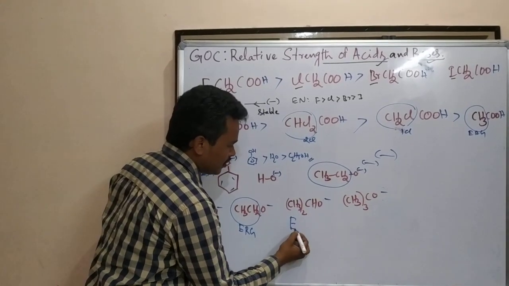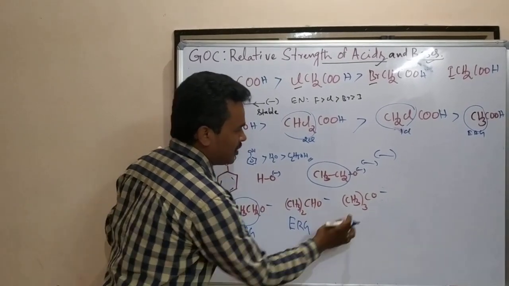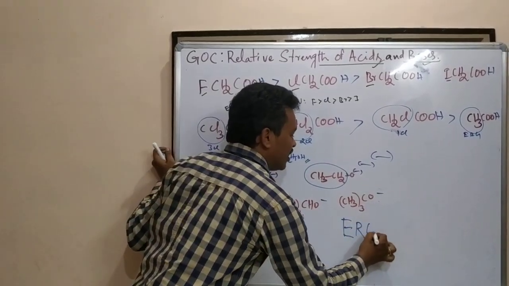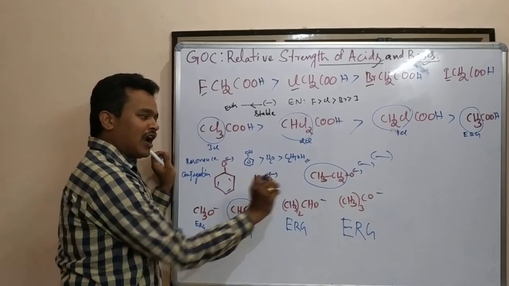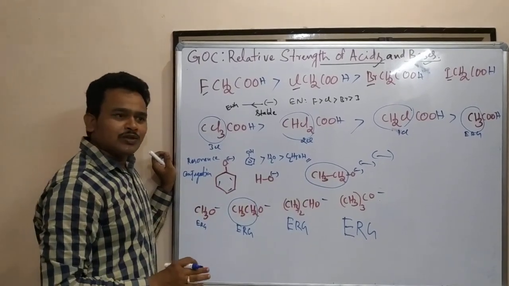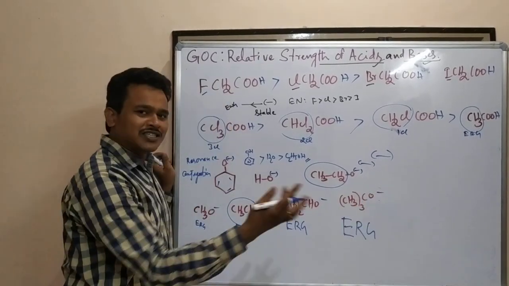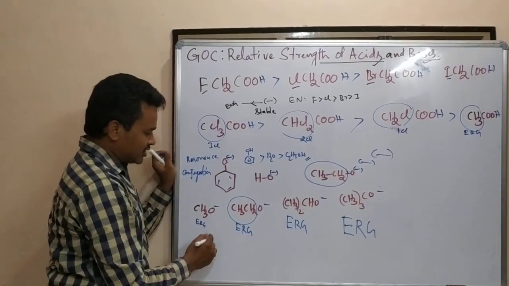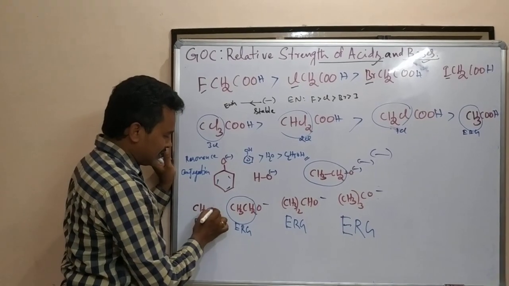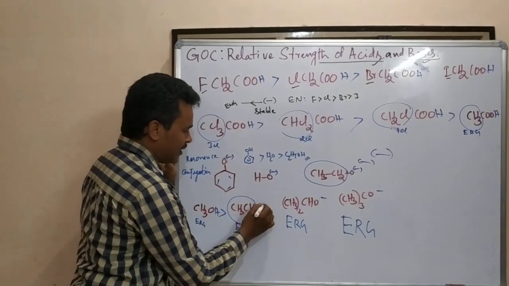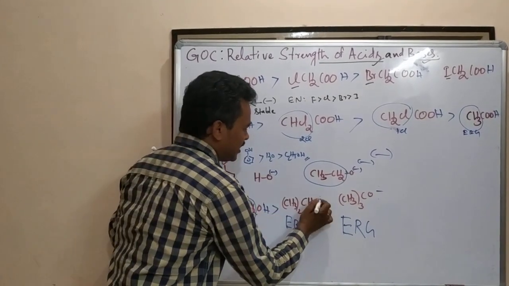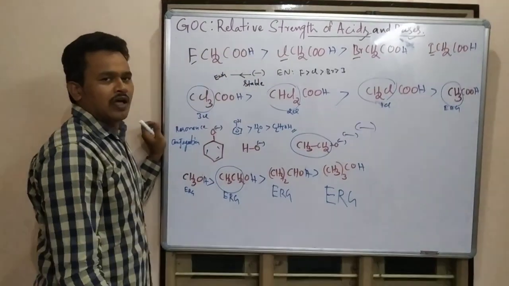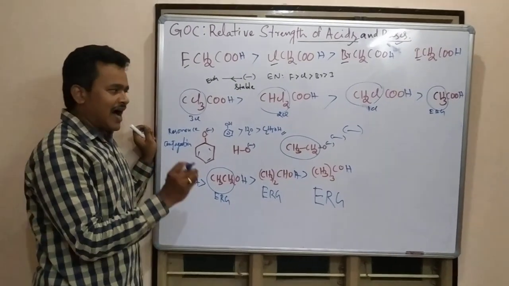It is a more electron releasing group. Here how many are there? 3 are there. Compared, it is a more electron releasing group. If it is more electron releasing, this oxide ion is unstable, unstable, this is a weak acid. Comparatively, it is a strong acid. So the corresponding acid will be stronger than this acid, which will be stronger than this acid. These are alcohols, but they can show acidic nature.